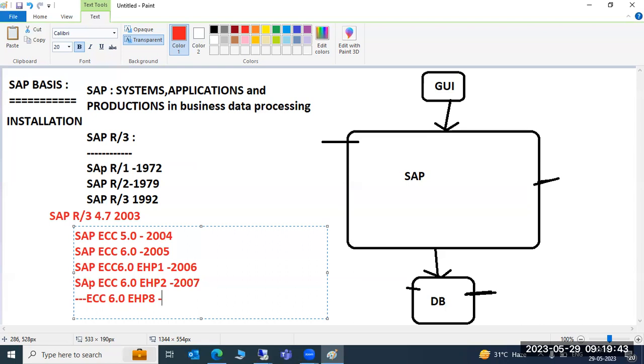Then after that, they started releasing SAP S4 HANA. So they changed their naming convention from R1 to R2, R2 to R3, then R3